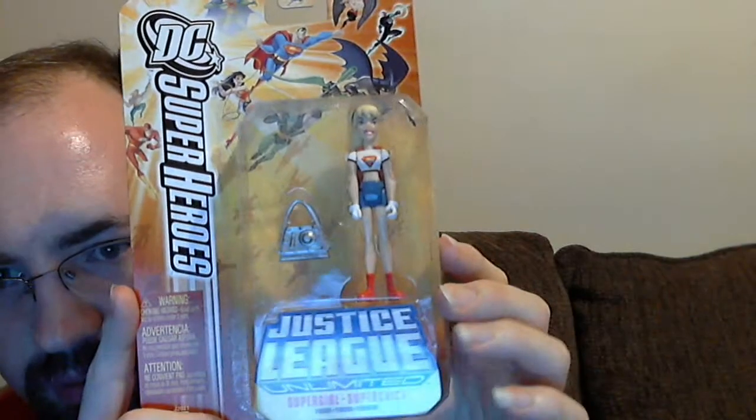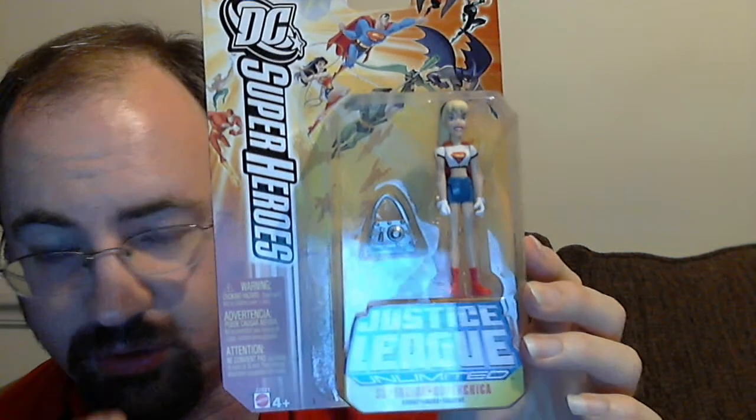So something like that's bootleg. It's not loose. It's Supergirl, and I completely accidentally bought this because my son was bouncing off the walls, and I was going through the things, and I accidentally clicked on it, and I paid like $6.99 for this. This is way more than I would have paid for this, but it was a buy it now, and I went to look at it, and it was one of the things where you could submit an alternate price, buy it now or an alternate price, and he literally jumped on top of me, and I completely accidentally